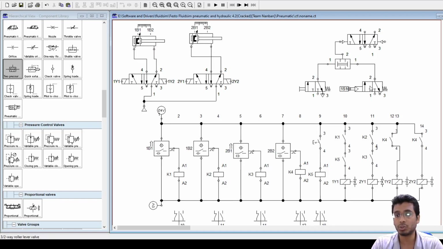For example, see, this roller valve will give you a what? Pneumatic signal, isn't it? Whereas your proximity switch will actually give you either 24 volt or 0 volt. Okay. So whenever something is detected, it is because of the manual contact or the proximity contact, right? That is why it is named your switch and your sensor. Of course, both of them are giving electrical signals itself, right?